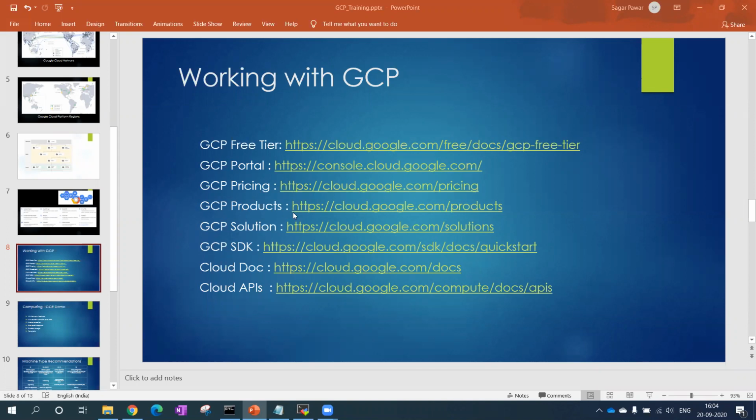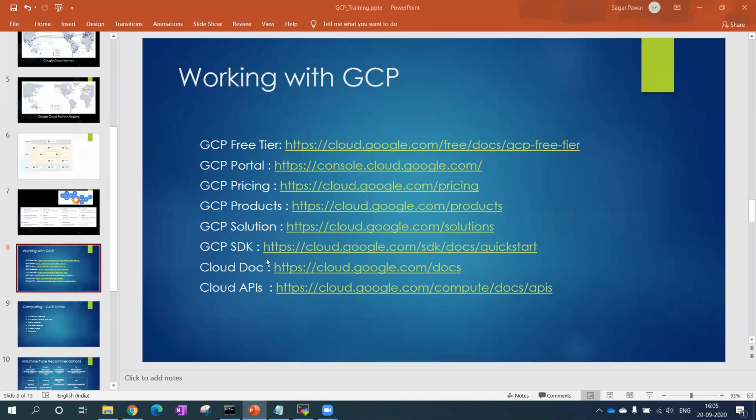Then the products: what are the offerings from Google? Google has given a lot of offerings, but there are particular areas, and you have to understand your use cases, and based on that you can choose the products. Google also gives you a link about solutioning. When Google launched this cloud, it has a wide range where you can use it in the retail business, marketing, even healthcare and finance. Based on your requirement, they show in what industry you can use this solution or cloud.